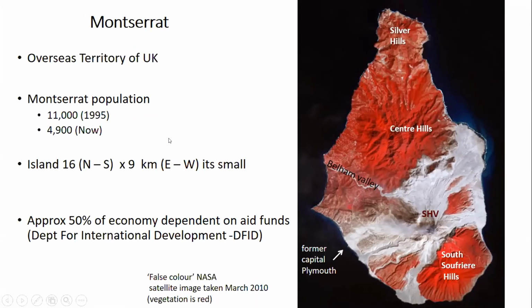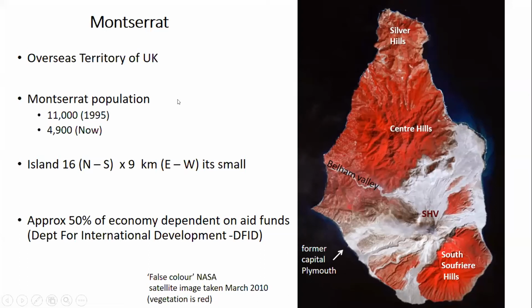So I'm going to move on to the island of Montserrat now, which I'm sure many of you are aware of, the eruption there, which started in 1995. This map is actually a false color satellite image of the island of Montserrat, and it shows very nicely the location of Soufriere Hills volcano, and the products shown as pale white and grey colors, which are largely the products of pyroclastic flows which have been formed by the eruption.